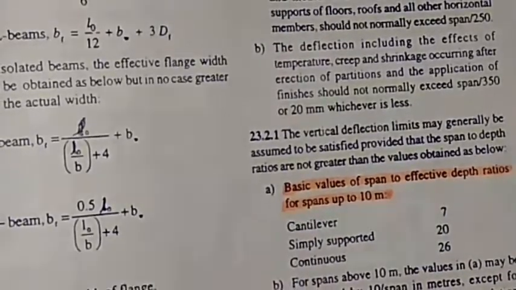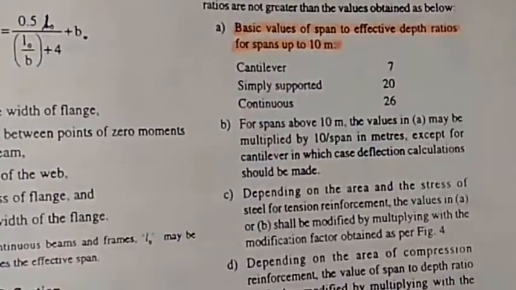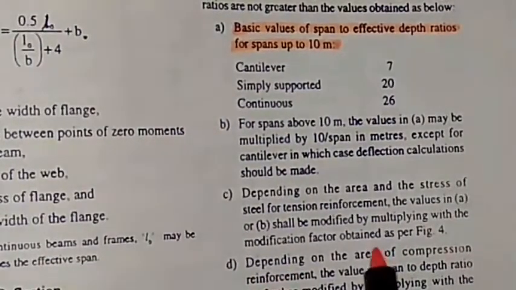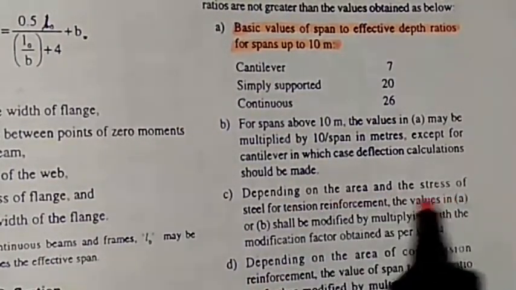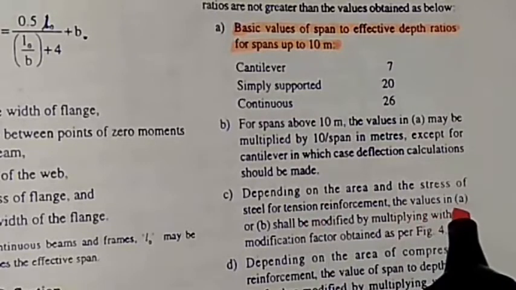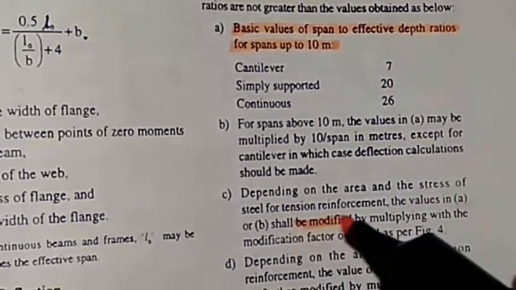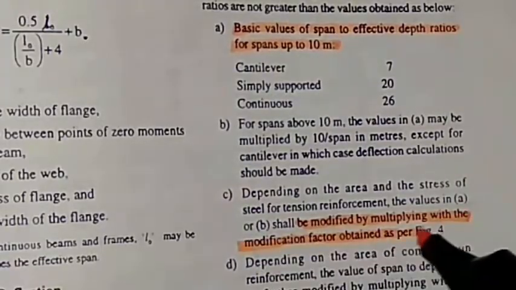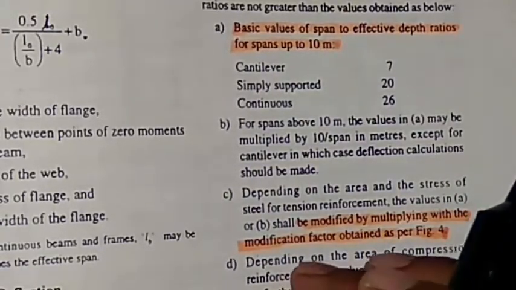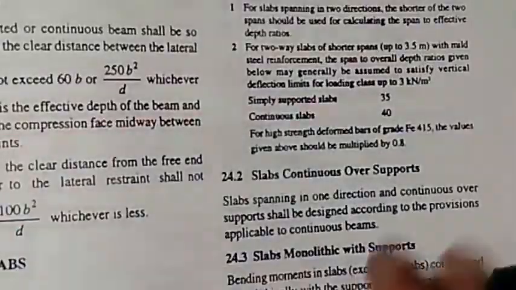And then it is also given in step C that, depending on the area and the stress of the steel for the tension reinforcement, the values in A or B shall be modified by multiplying with the modifying factor obtained as per figure number 4. Figure number 4 is in the next step. So for this